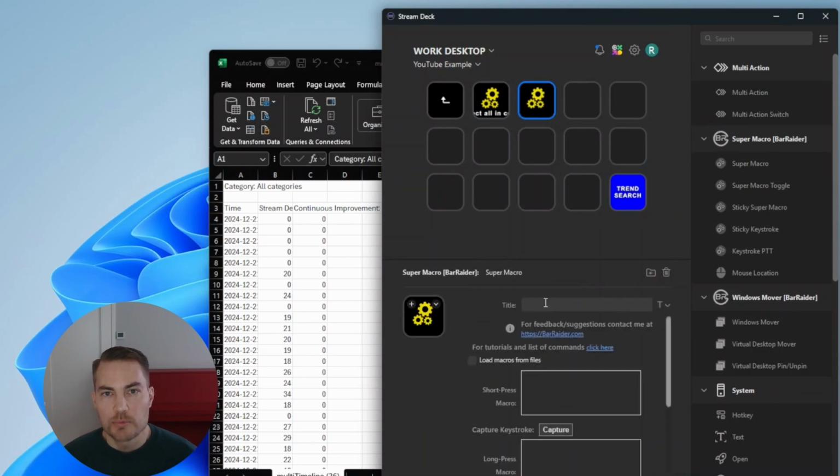Note that Alt must be written manually too. It can't be recorded with the capture button because Alt works kind of above all programs, including Stream Deck. So write manually curly brackets, Alt and closing curly brackets. I also write a pause after Alt